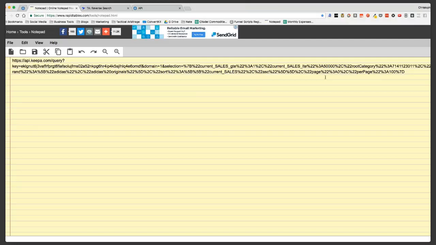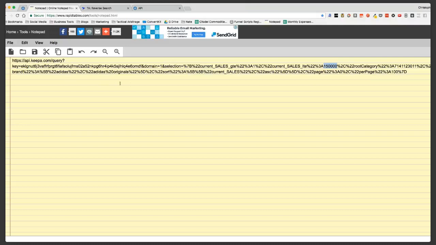But we need to make a few changes. Number 1, I saw that there were only 500 or so in there. So I'm going to go from 1 to 150,000. You're going to see over here, you're going to see current sales, LTE, and you're going to see the rank that you chose in your product finder right here. That you need to change, okay?